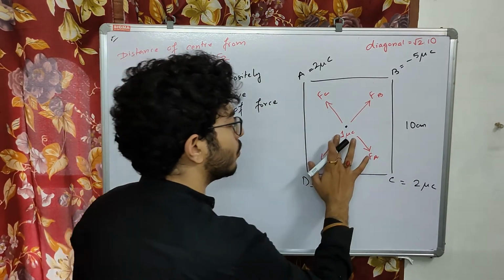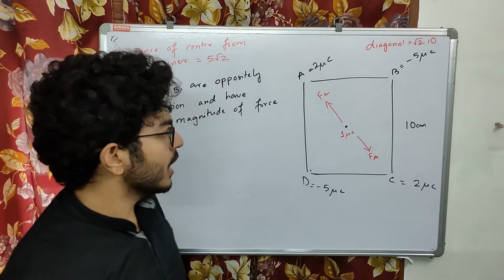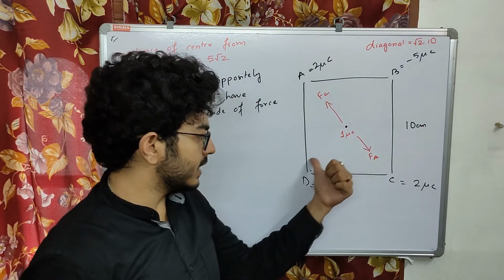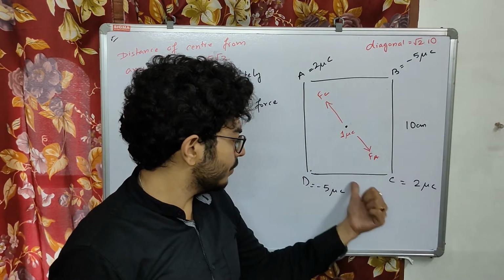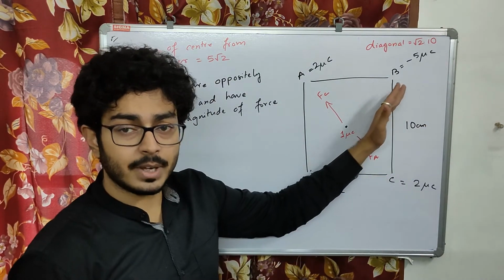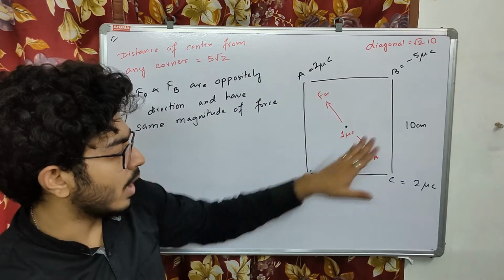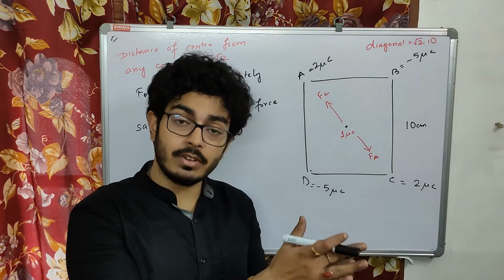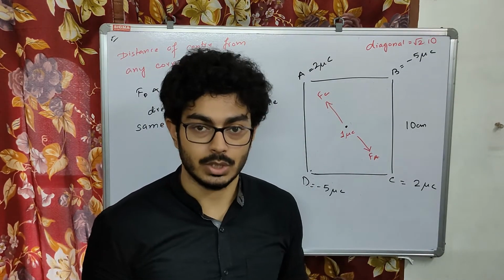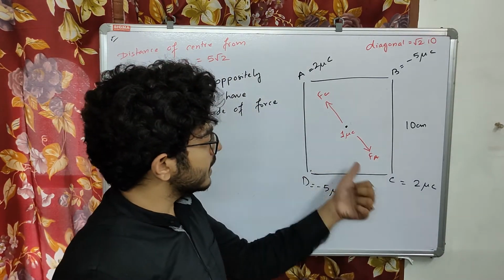So no need to think about these two. Why these two will cancel out? Because see, B is negative charge, so this will attract over this side, and D is also negative charge, this will attract over this side, and the magnitude of D is minus 5 microcoulomb, magnitude of B is also minus 5 microcoulomb. They are both same distance away. This 1 microcoulomb charge is same distance away from both the charges. So the force they are going to experience is of same magnitude. So we have cancelled. Now we have to find out what will be FC and FA.